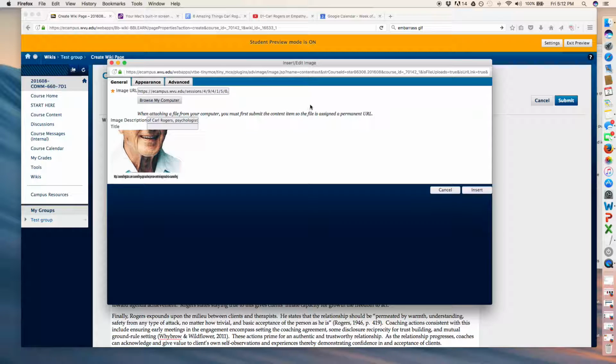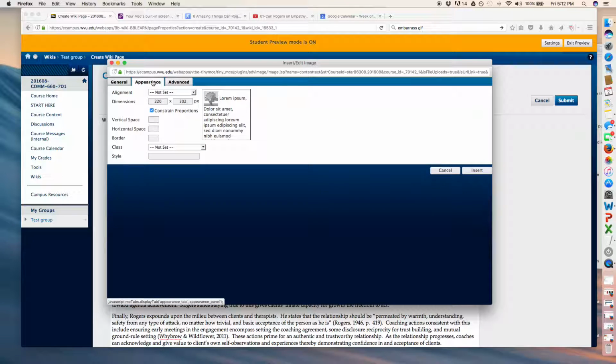Okay. Now, I'm going to go here to appearance because I want to make sure that I like the size of it. Even though I can change it when I get back onto the page, I want to make sure it's pretty good. And I want some space around it when the words are there. See how that shifted the space? This is a nice preview here. And I don't think a border is necessary on that picture. The alignment